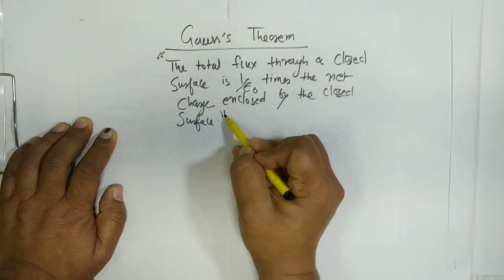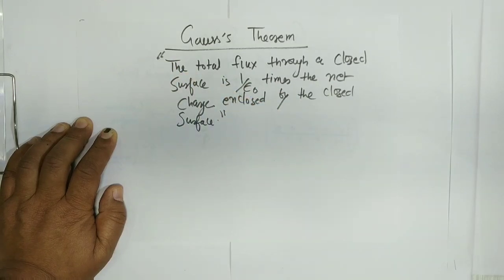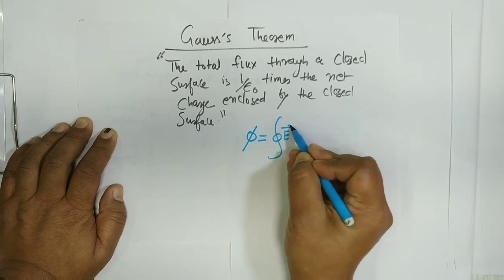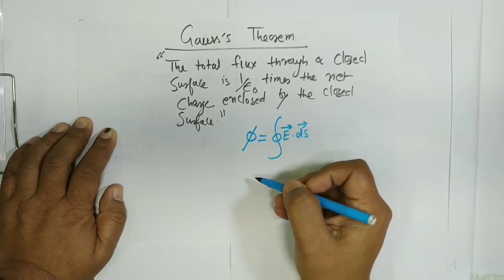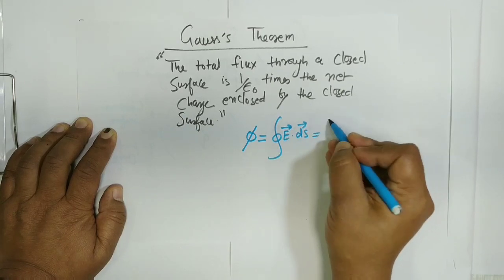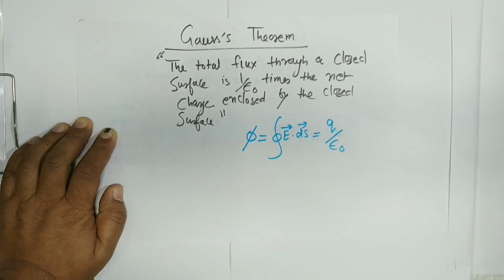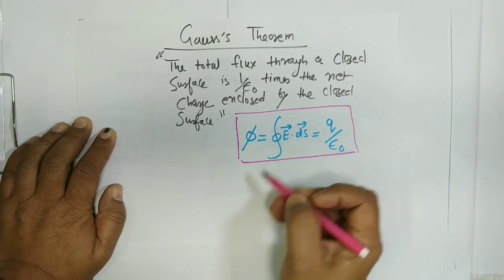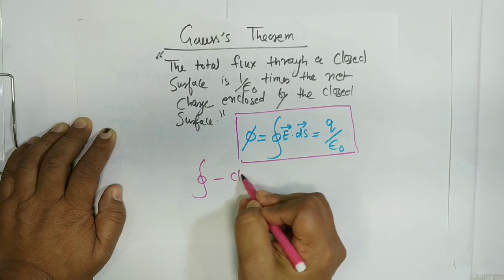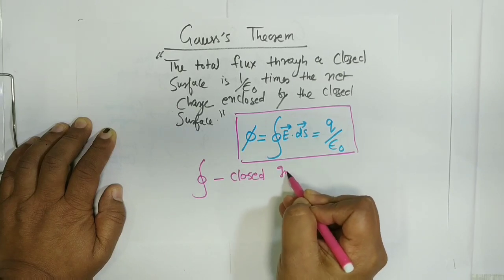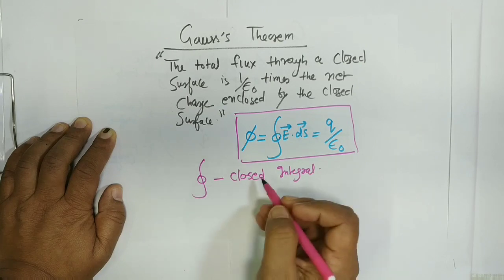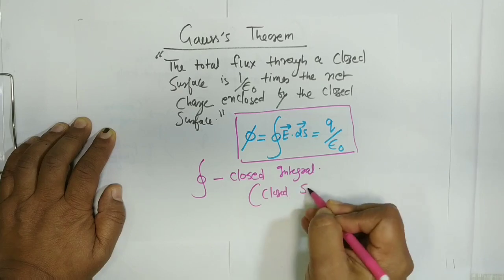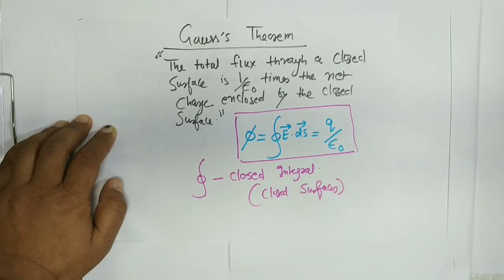So this is Gauss theorem, and if I ask you what is the mathematical form, phi is the closed integral of E dot ds, and it is also written as q by epsilon naught. So this is the way we write the Gauss theorem. Now what is this symbol? Do you know? This stands for closed integral. Some of you may know about integration. When you write this circle, it always acts on closed surfaces. That is why we talk about the